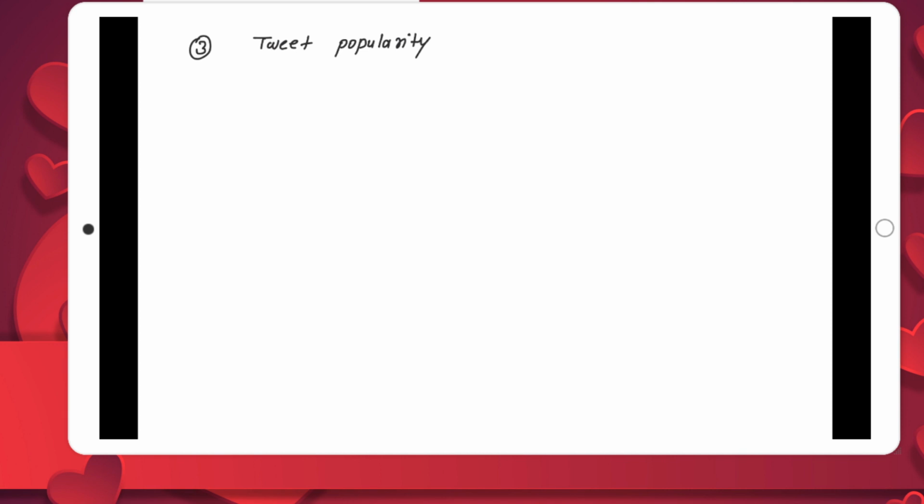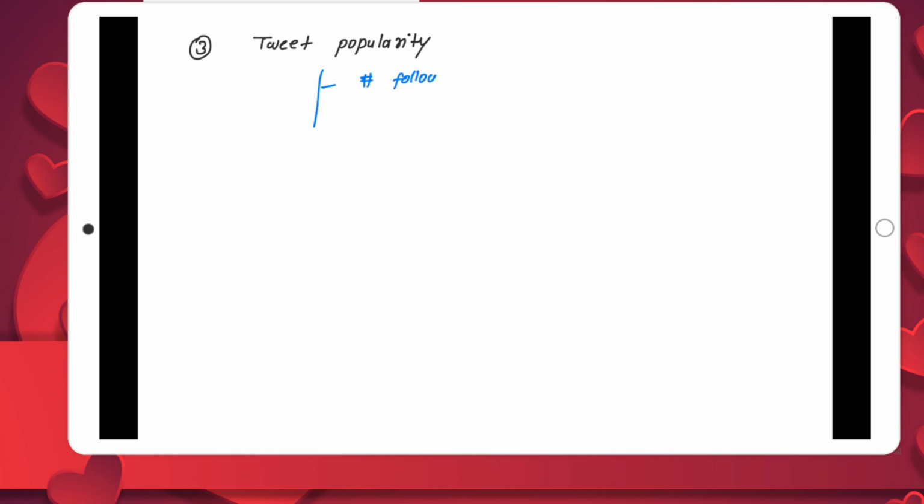You can predict how many people are going to retweet your tweet or anybody's tweet. Let's say Donald Trump tweeted something. Then based on the previous history, you can identify how many people are going to retweet this tweet. That means you can say what is going to be the total popularity or total retweet count for that tweet. And this depends on many parameters